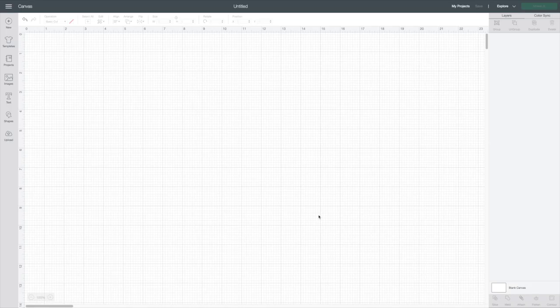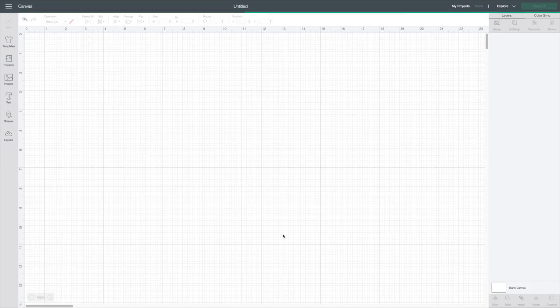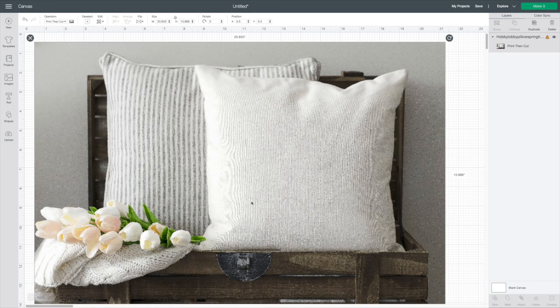All right, so now that we're here in Cricut Design Space, the first thing that you want to do is upload your mockups. So I've already brought two of those in here, as well as some PNGs and SVG files. So one thing I want you to notice, let's start with a pillow here. I'm going to go ahead and hit Insert Image. You're going to notice it looks a little grainy from when we purchased it.